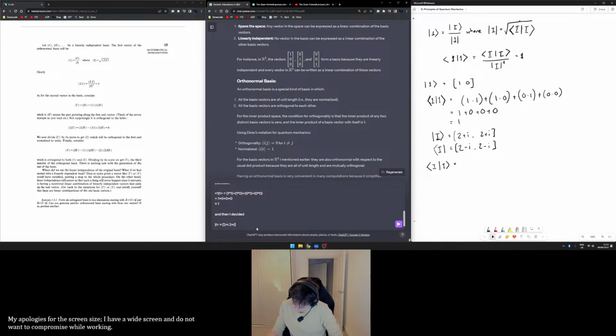So then it would be 2 plus I times 2 minus I plus 2 plus I times 2 minus I plus 2 plus I times 2 minus I plus 2 plus I times 2 minus I, which equals